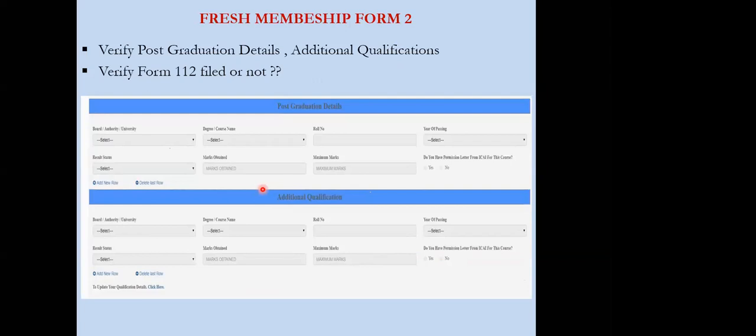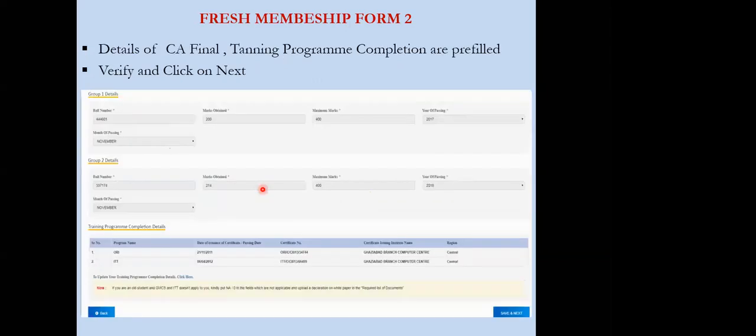But make sure that your form 112 is also filed. If you have not filed it, then all this data will clash with your articleship period. Now, your group one and group two details will also be shown if you are doing both groups separately. If you have completed both groups, then